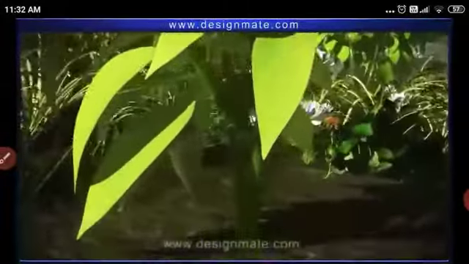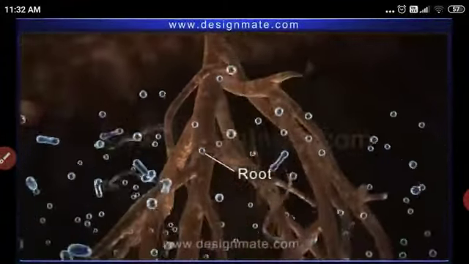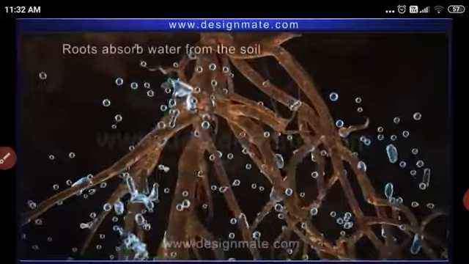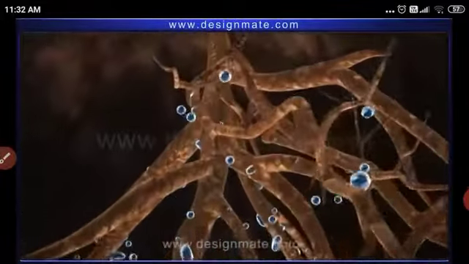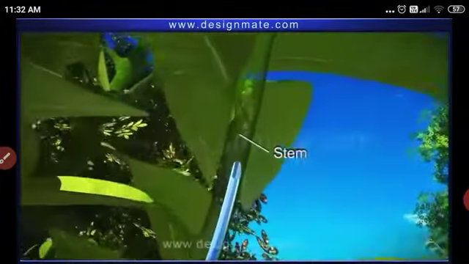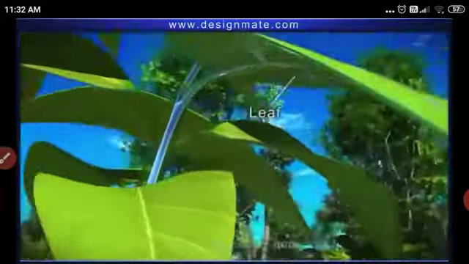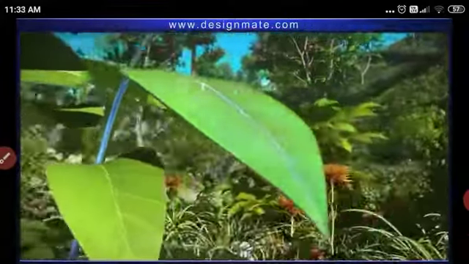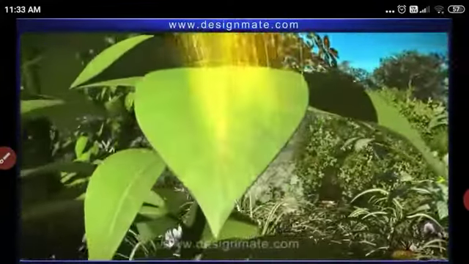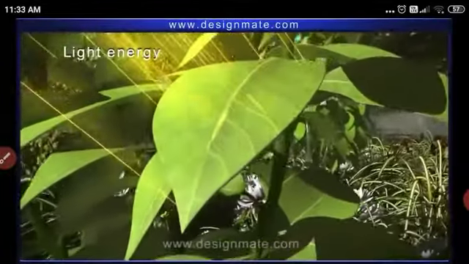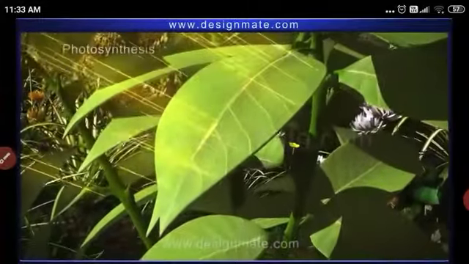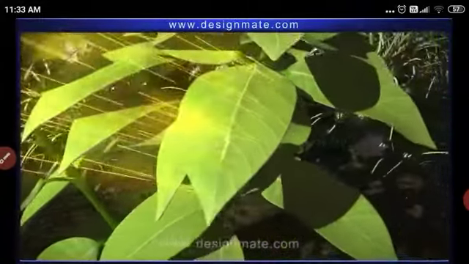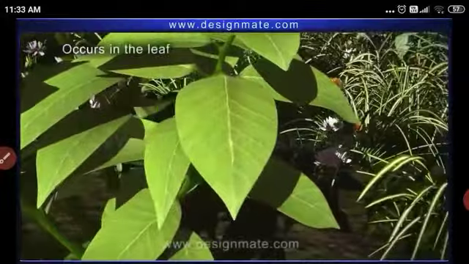The leaf absorbs lots of sunlight. The plant has roots. The root absorbs water molecules and transports them to the upward part of the plant through the xylem tissue. The leaf has a large surface area to absorb the sunlight. Sunlight is very important to the process of photosynthesis. The leaf has the chloroplast pigment.